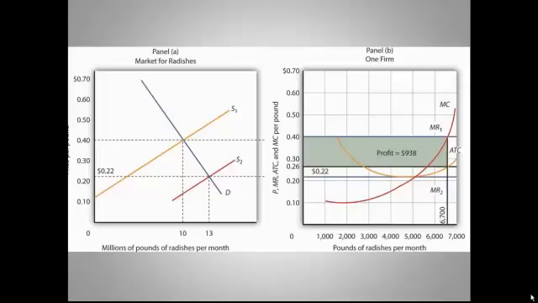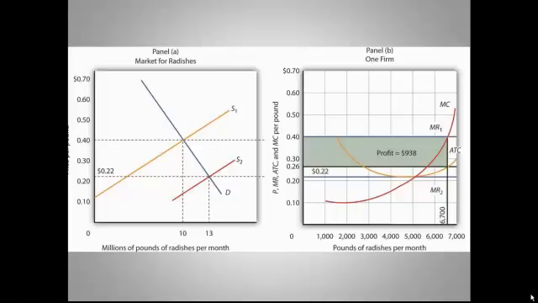So let's take a look at the market for radishes while firms are still earning an economic profit, and therefore new firms would be tempted to enter the market. That supply curve is represented by curve S1. What is the market price and quantity? Note that these figures are millions of pounds per month. So the equilibrium price, according to this graph, is 40 cents, and the equilibrium market quantity is 10 million pounds